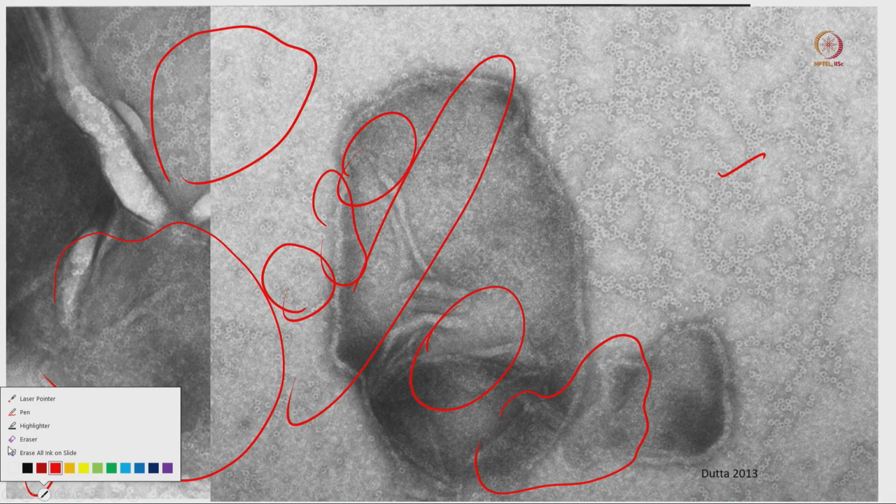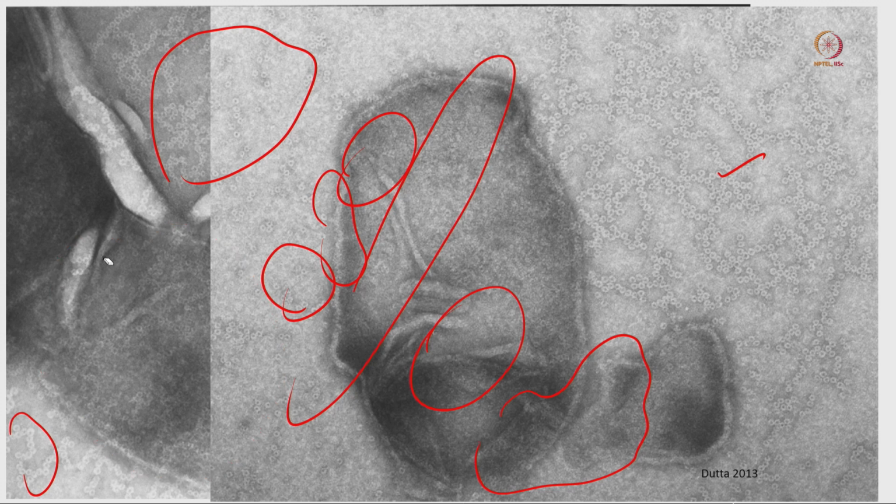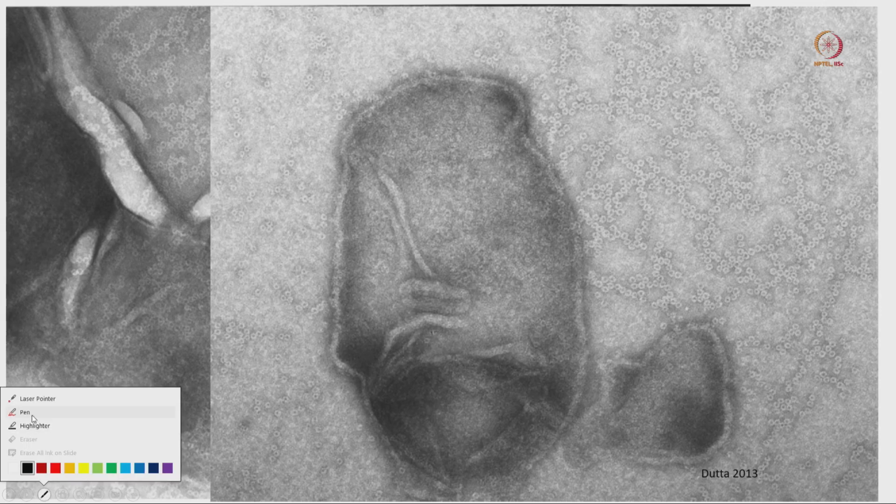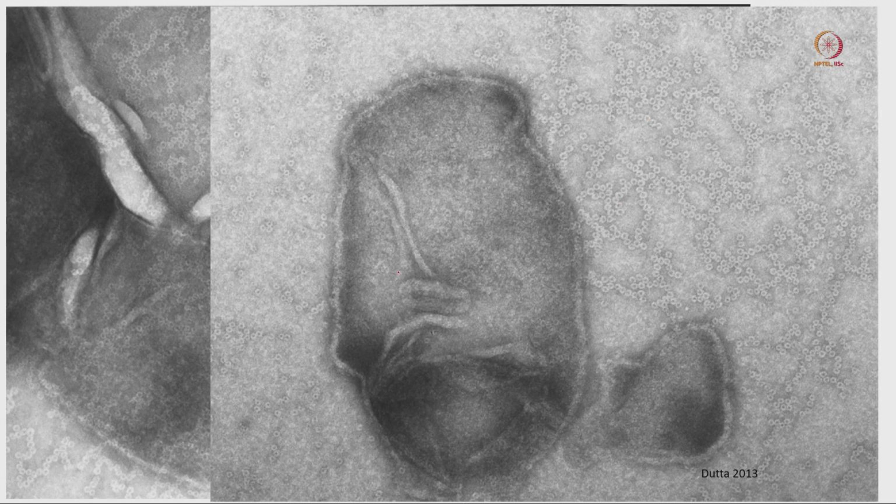If you look at the other image, there is a similar kind of distribution of the protein all over the image, showing how they are interacting with the lipid. In this particular case you can see at the edge of the lipid some proteins are interacting, but many of these proteins are staying outside of this lipid membrane.